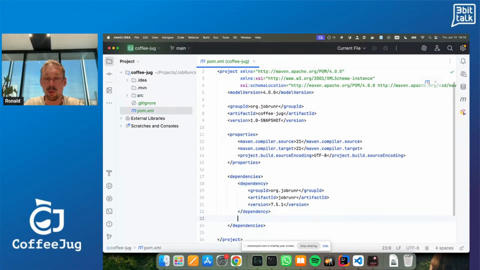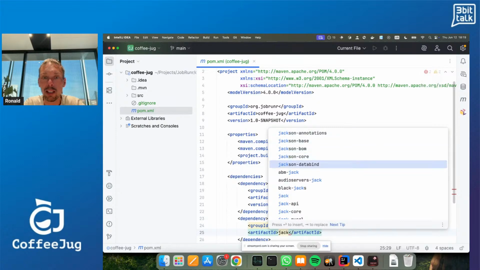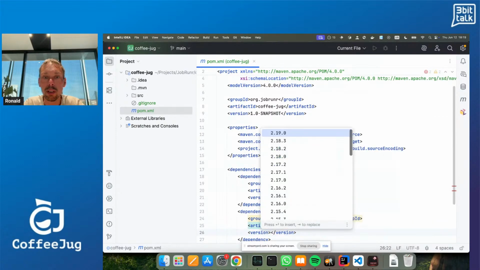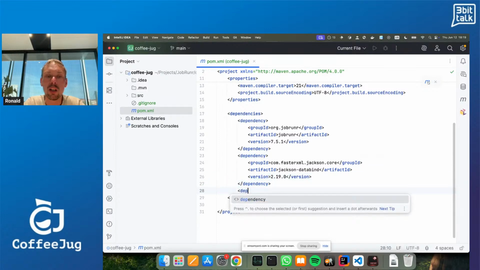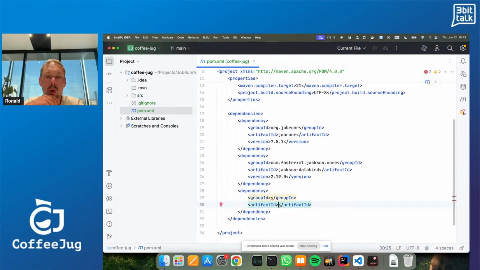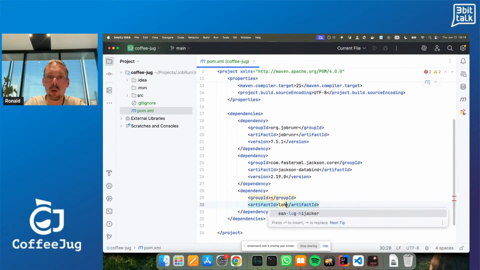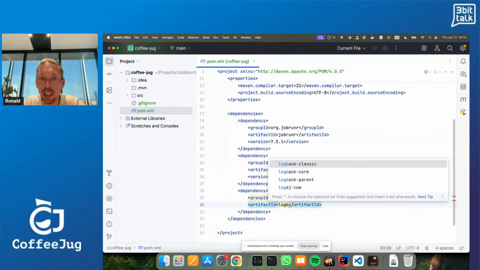So if you're a Kotlin fan, we've got your back too. So I will, in this case, add Jackson data bind. Latest version also. And then last but not least, I want to have some logging also. So I will add logback core, classic.